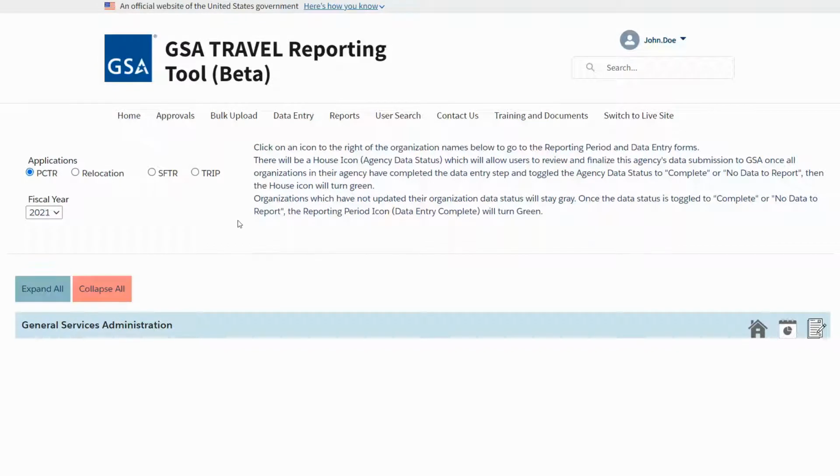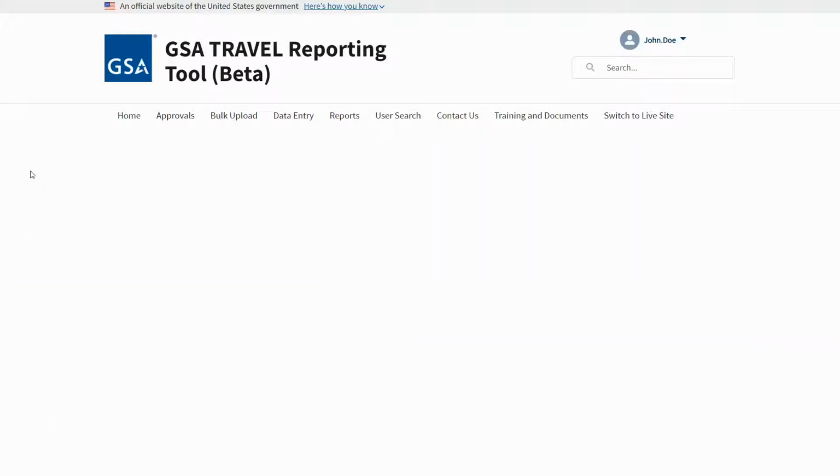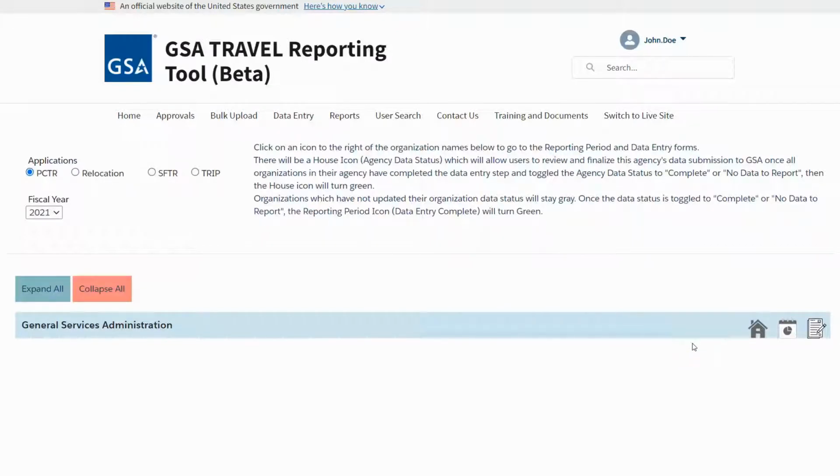If you're looking to enter your data manually, from the Data Entry tab, you're going to see radio buttons for the application record types that you have access to, as well as a drop-down field for fiscal year. Select the appropriate values for each before you move forward. After you've selected those values, the system will filter your available agency data to where you're looking to submit. Depending on your access, you should now have an agency or bureau level view of your reporting period. To the far right of your agency, sub-agency, or bureau name,